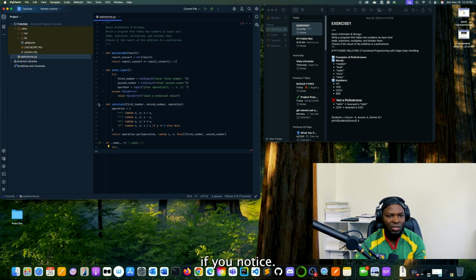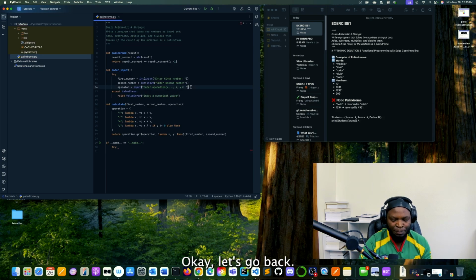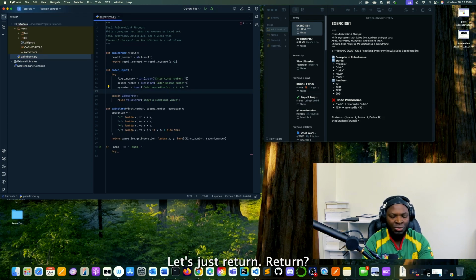If you notice, we had the... oh, I did not actually return anything. Oh, that's bad. Okay, let's go back. Let's just return this. Let this function return first name. Let it return this first name,